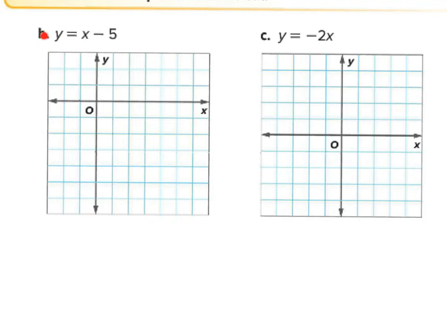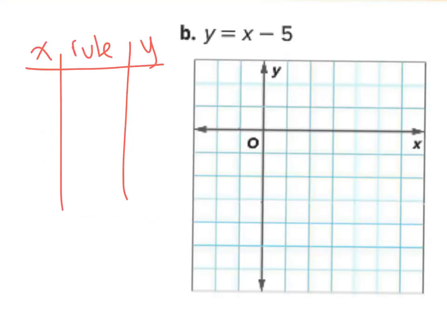Okay, please pause the video and try B on your own. Pause now. I hope you paused the video. First, create a table where you have your x, your input, your rule, and your y, your output. I'm going to choose, okay, maybe -1, 0, 1, 2, and 3, right? And I will put in my rule, x minus 5,